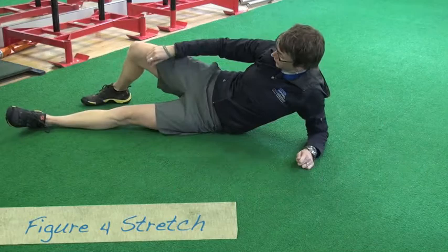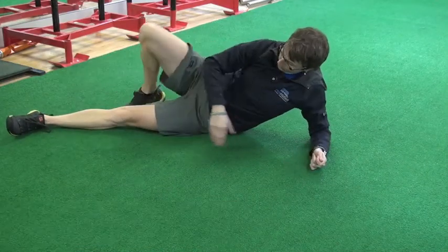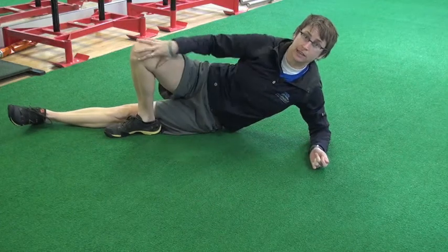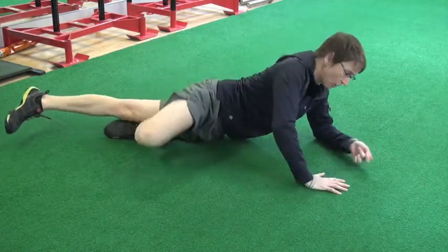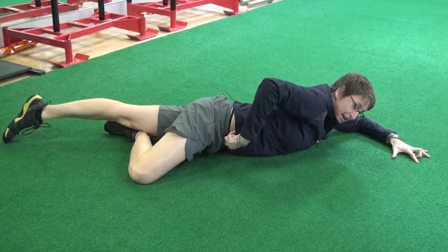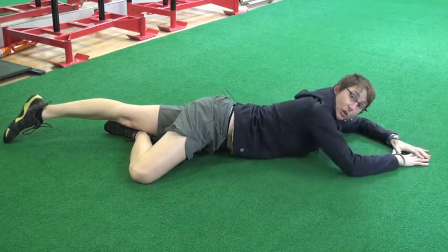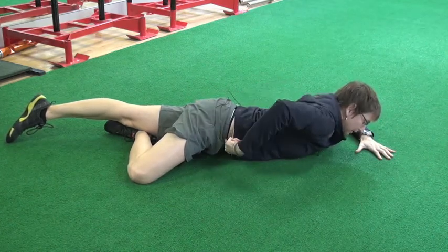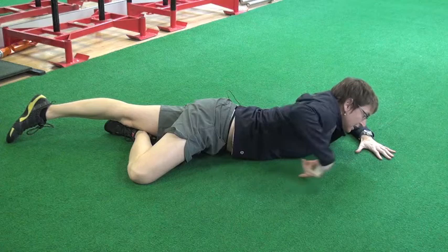This is a figure 4 hip stretch. So you're going to lie on your side and bring this foot in front of your knee and just above your knee like that, and then roll onto your stomach. What you're trying to do is get this point on your hips down, ideally to touch the floor. So you'll kind of contract your bum a little bit, to gently push this down toward the floor, but